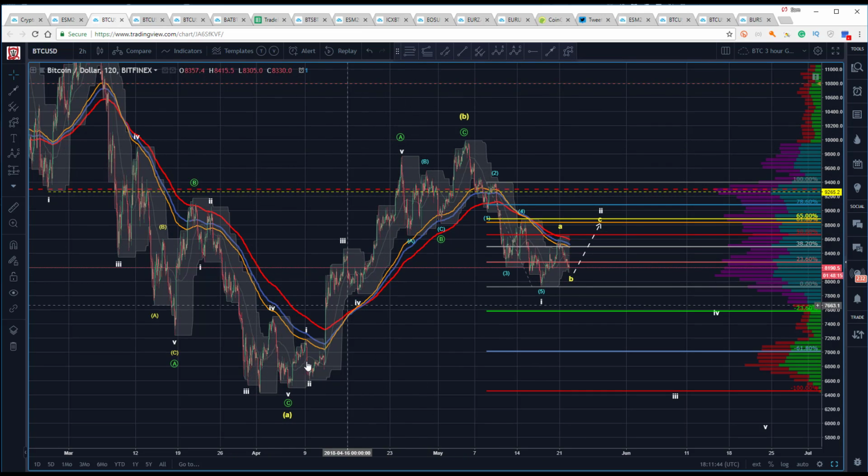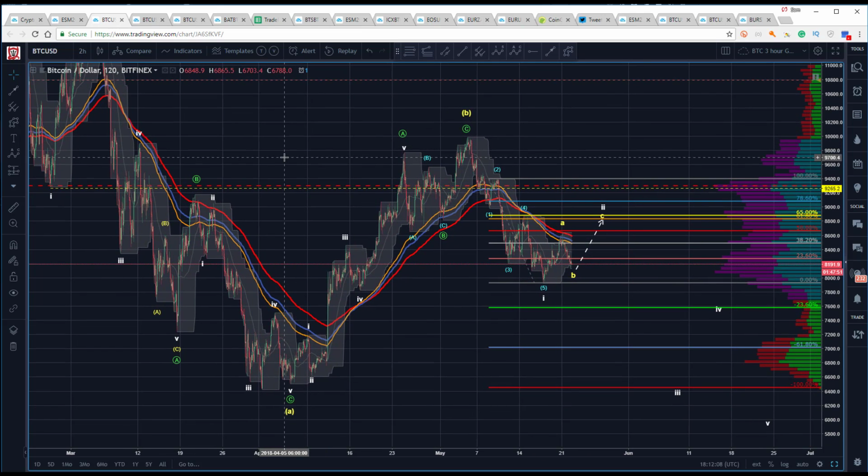Well, what we can see with clarity is that we had 5 coming up here. Now, whether or not it's 5 here into an ABC, that's where the subjectivity is, and we need more information to confirm it. That's why we have a bull and a bear count, because right now it's not clear which one is dominating. At first glance, this sure looks like a 3-wave to me going into an A. Even though we went all the way down to the 15-minute to try and carve a 5 out of that, I feel a little bit like that's a force fit,